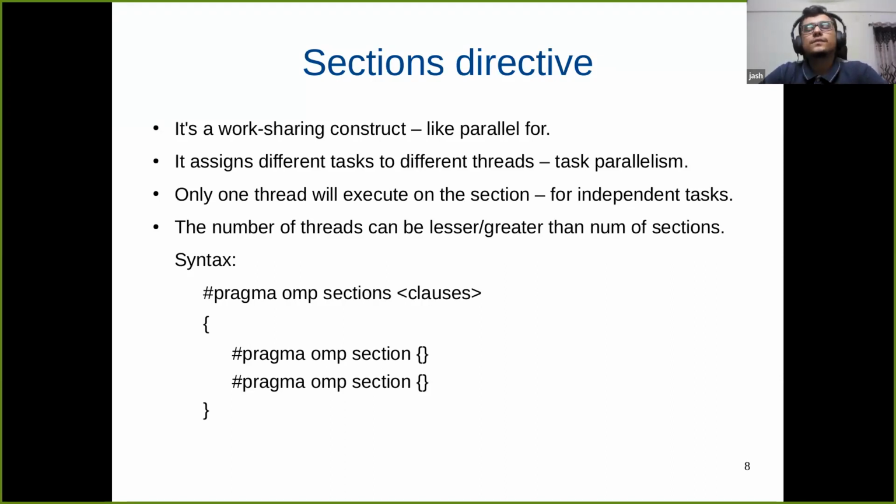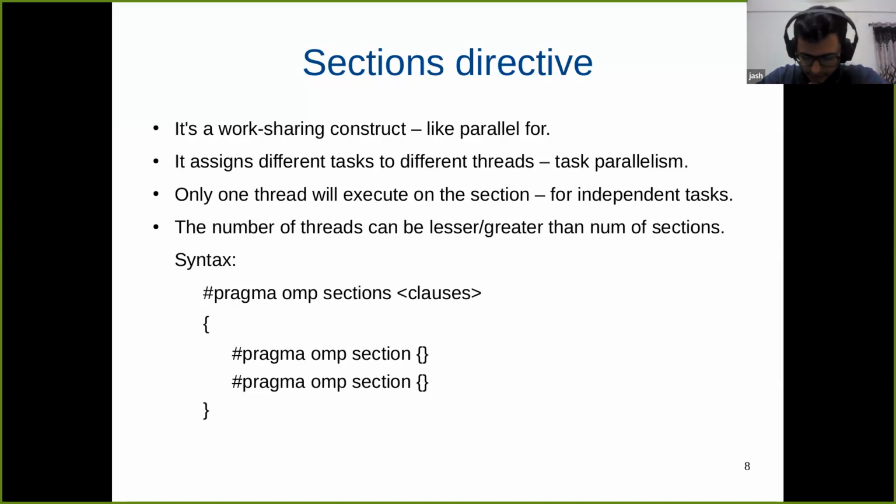Okay, then just to summarize, what we saw today is how we can apply scheduling within the parallel for, or the for directive that we saw, and we saw a new directive today, which is the sections directive.